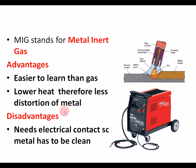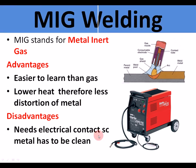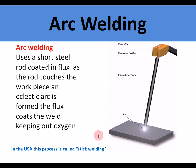MIG stands for metal inert gas. With MIG welding, the rod is actually fed down a tube and out of the torch here. There's a motor in here, and it's electrically fed out. It's very easy to learn. It doesn't distort the metal, but it does need clean metal. Okay. Arc welding is very similar, but it uses a metal stick or rod,